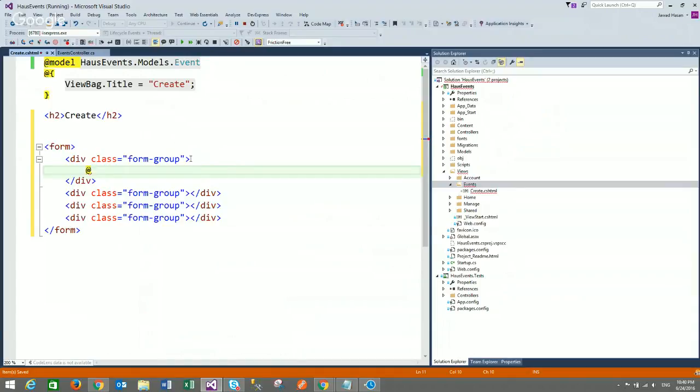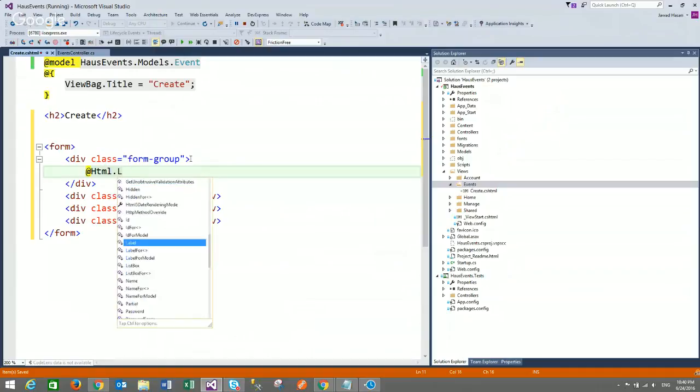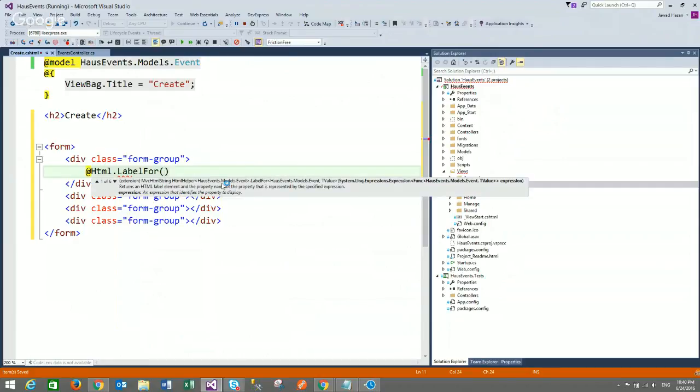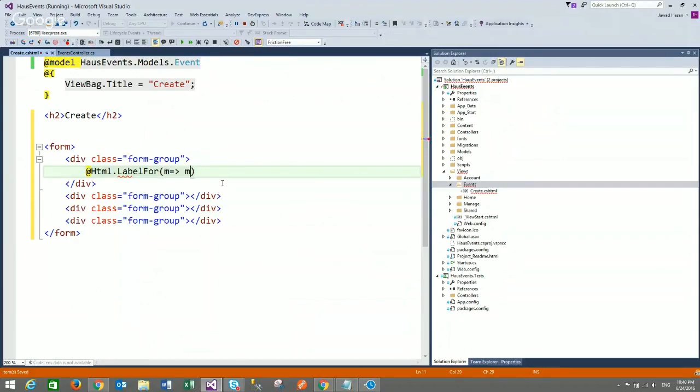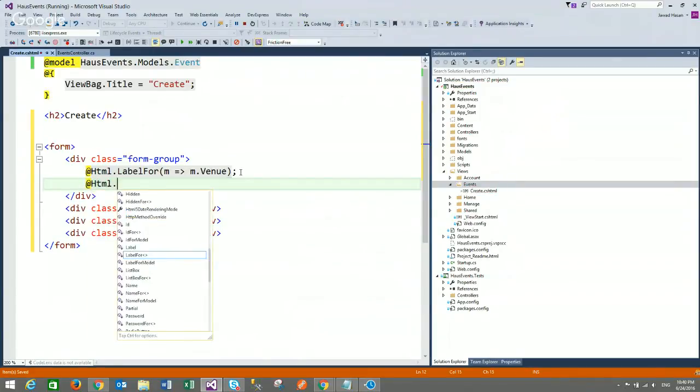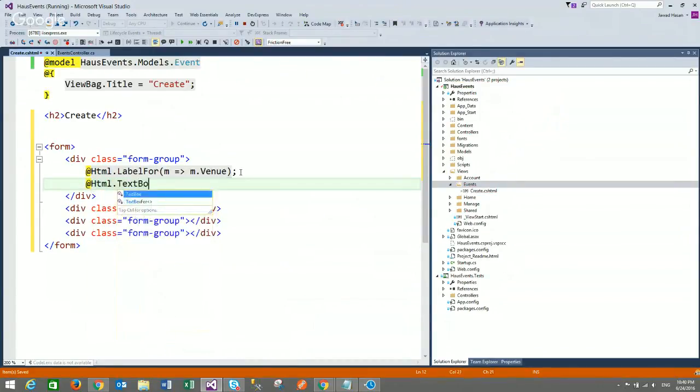So I will use Html.LabelFor, model m goes to, and I don't know why the IntelliSense is not working, but actually it should work. I will check this later, but let me just type it directly. This is for our label, and let me do this one. TextBoxFor